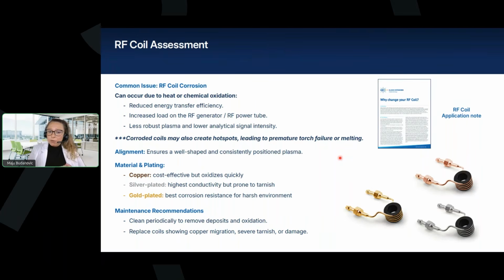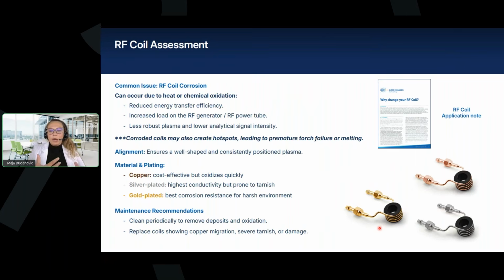Next, the alignment of the RF coil is also very important because it will help maintain the correct plasma shape and position. Then here we can see there are different coil materials and plating available. For example, copper coils are more cost effective, but because it's copper, they can oxidize more quickly. Then we have silver plated coils that can provide high conductivity, but they're a bit more prone to tarnishing. And we have gold-plated coils that offer better corrosion resistance, and they're more suitable for